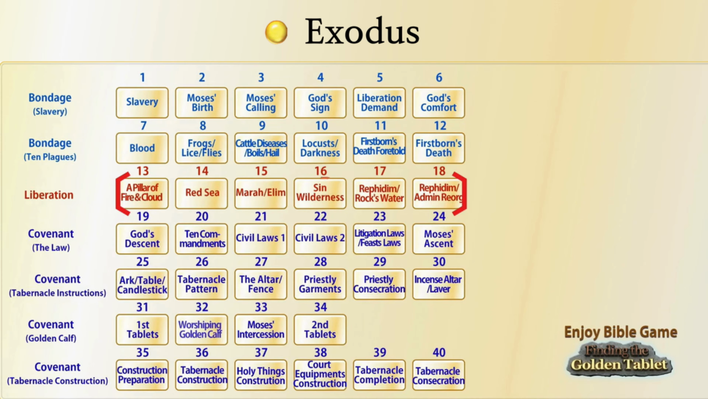They then pass through the wilderness of Sin, where the miracle of the manna and the quail takes place, and arrive at Rephidim, where they drink water from the rock and win the battle against Amalek. And while in Rephidim, Moses is visited by his father-in-law, Jethro, and on his advice, reorganizes the early administration